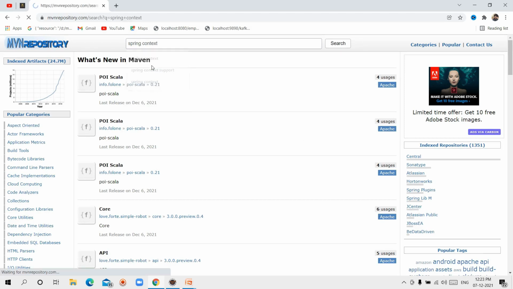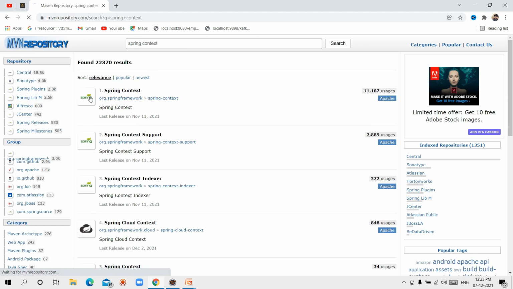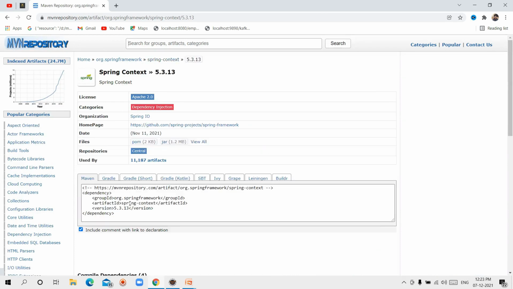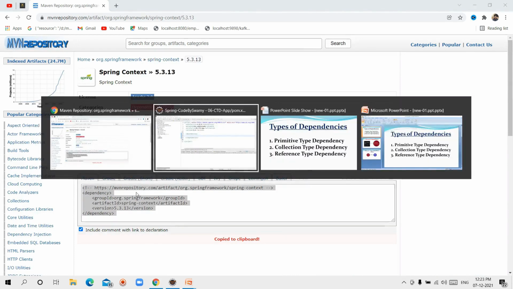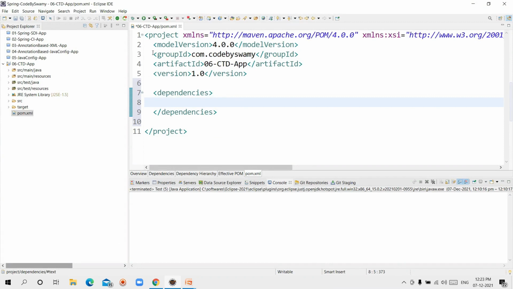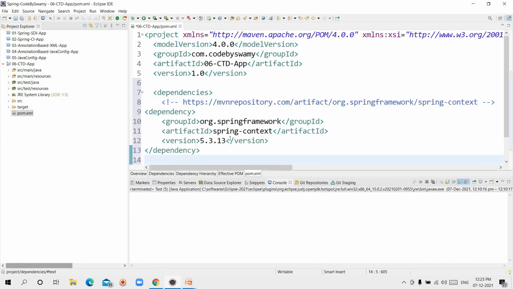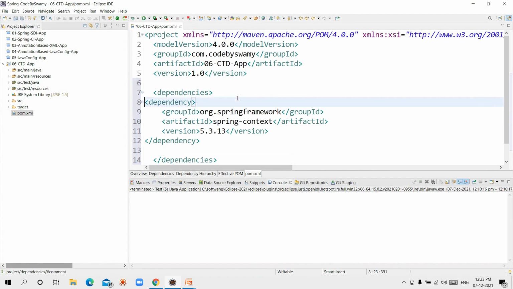Enter. Choose Spring context. I'm choosing the latest version 5.3.13. Copy the dependency. Go to pom.xml. Inside the dependencies tag, I'm adding this Spring context dependency.